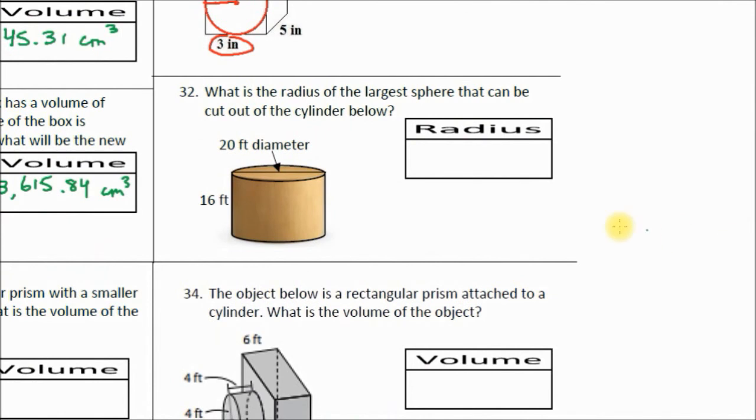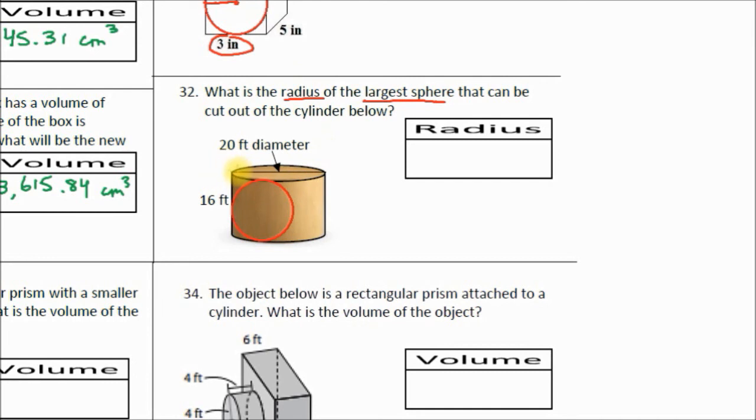One more here. What is the radius of the largest sphere that can be cut out of the cylinder below? Well, let's draw a circle in here and see what it looks like. I'll try to make it look like a pretty good circle. Oops, I messed up. Let's try this one more time. It's hard for me to get an exact circle. Okay, and I'm going to slide it into place. I can't find the right connector. Here it is. Okay, so if I put my sphere right here, you can see, class,